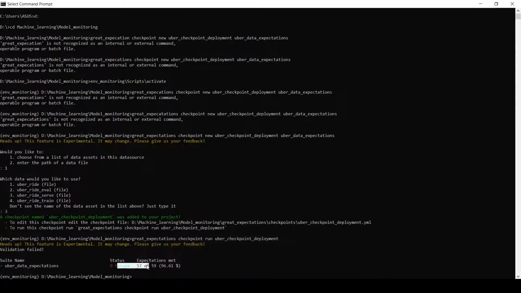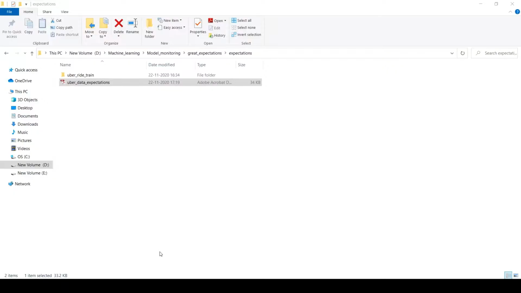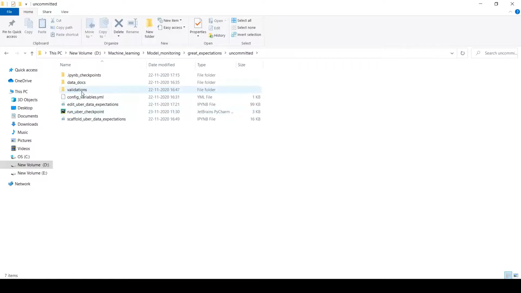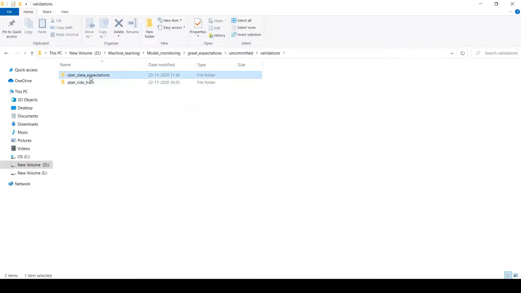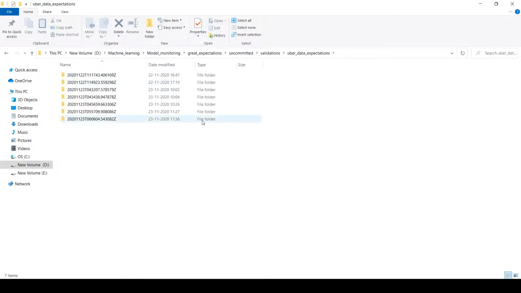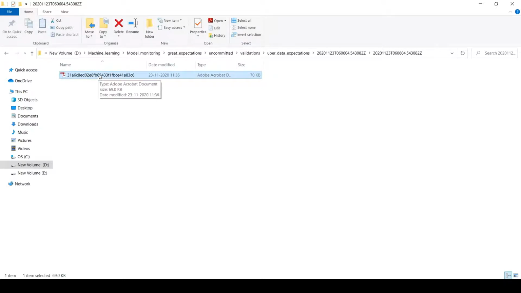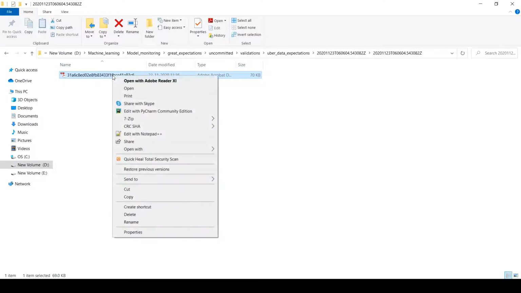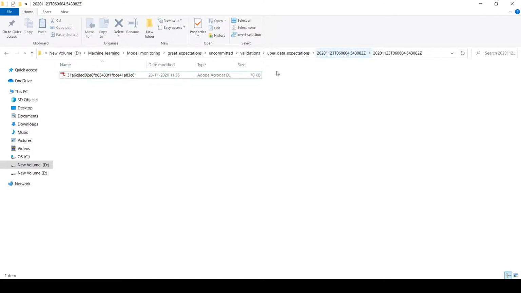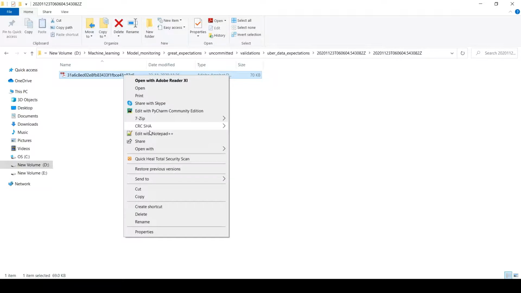The output for this activity would be stored within my uncommitted folder, and within that validations, within validation Uber data expectation, and you need to take the latest version, which is this. Okay, and once you click it, you'll find that we have two entries for success equal to false for those two failed validations.